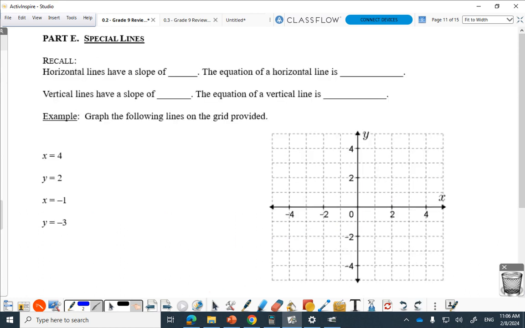Okay, special lines. Oh, we did talk about special lines a little bit. Here's the review of special lines. Horizontal lines have slope 0. The equation of a horizontal line is,